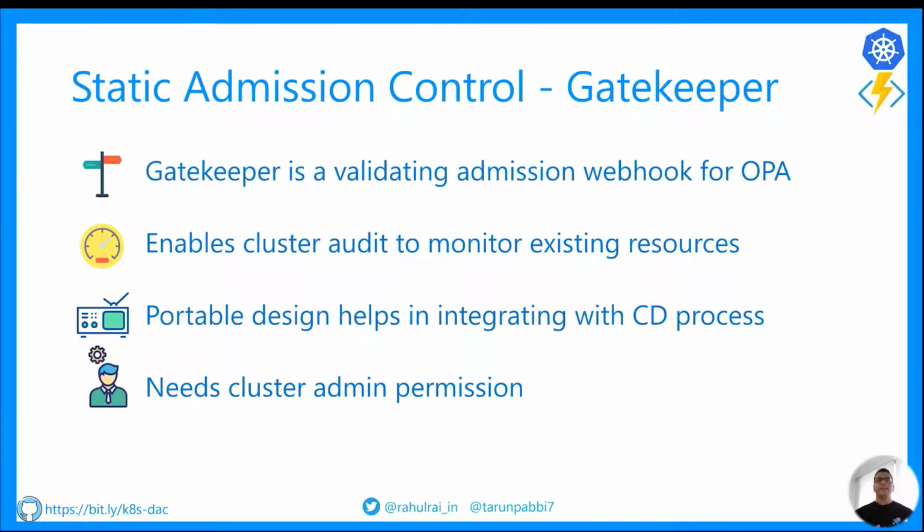Let's discuss the static admission controllers first. On AKS, static admission control is enforced through the Azure Policy Service. Azure Policy is an evolution of the Gatekeeper project. So let's discuss it first. Gatekeeper is a customizable admission webhook for Kubernetes that enforces policies that are executed by the Open Policy Agent or OPA. OPA is a policy engine that facilitates policy-based control for cloud-native environments, and it is an open source project hosted by CNCF.